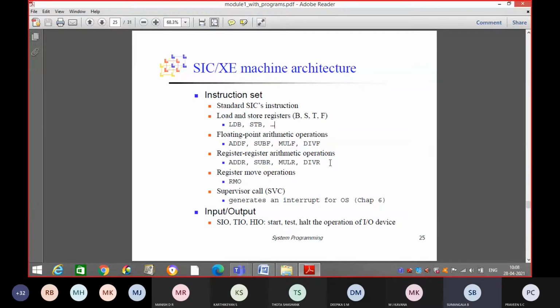ADD, SUB, MUL, and DIV. Then what is this indicating? ADDF, SUBF, MULF, and DIVF. What is this indicating?